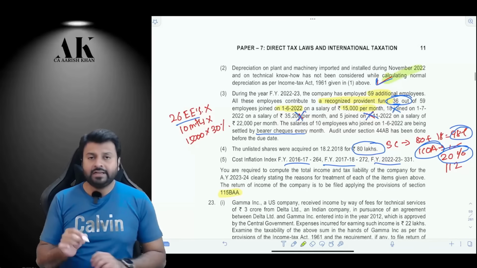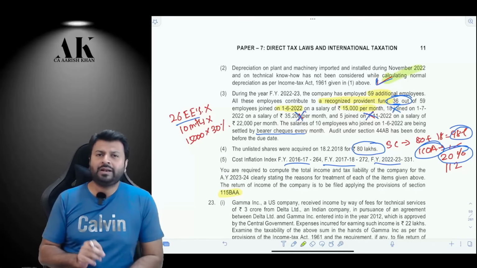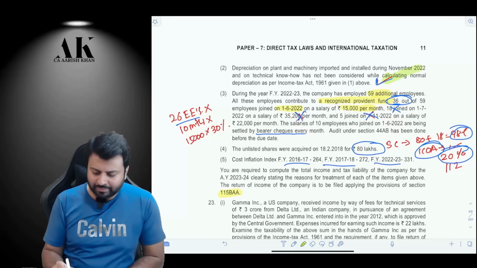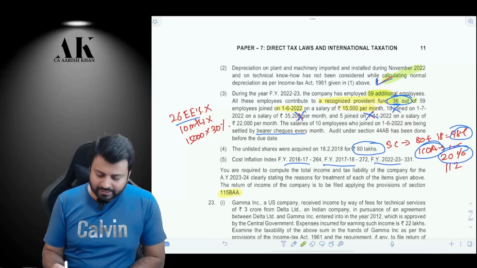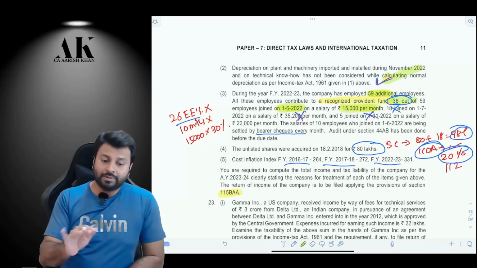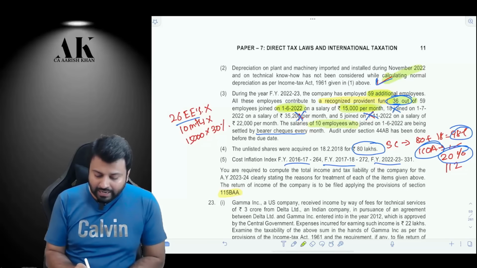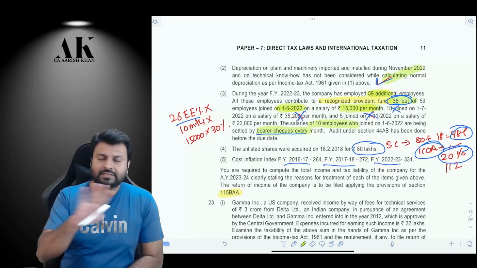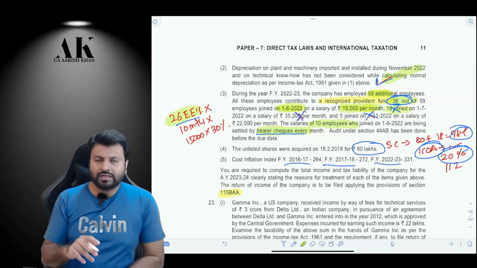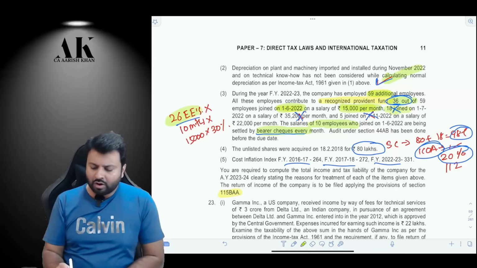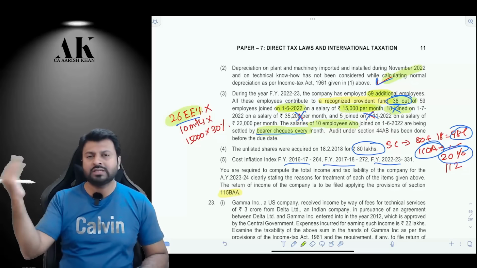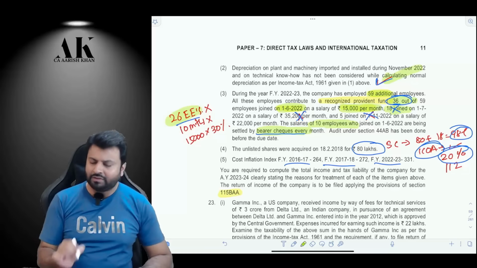The next one is 80JJAA. Do you get 80JJAA in 115BAA? By default, you would have memorized this particular thing, that in the alternative tax regime you get the benefit of 80JJAA. There are 59 employees, out of which 36 are employed from 1st June 2022 at 15,000. So they will be eligible. But out of these 36 also, 10 employees are not eligible because their salary is paid by bearer cheque. If the salary is paid by bearer cheque, it is not eligible. Therefore, only 26 employees are eligible. The rest of the employees are not eligible, either because their emoluments are more than 25,000 or they are employed for less than 240 days. So only 26 employees are eligible out of 36 employees. The rest of the employees are not eligible only for the purpose of 80JJAA.